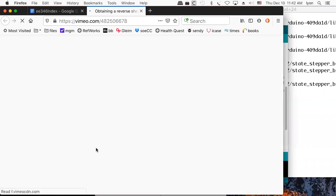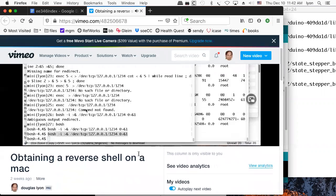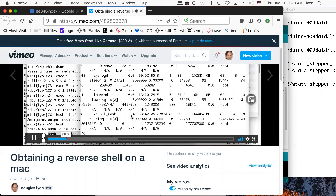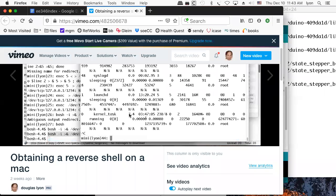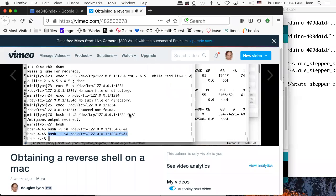This is creating a reverse shell on the Mac. What that does is it allows you to do a so-called penetration test. Here we're using a bash script, and it's going to give us a command line interpreter that we can use to go into the computer remotely, and then we can do what we want. We can type whatever we like. Then we'll start a bash script on the target machine and redirect into port 1234 on the command and control machine's IP address, which in my case is...